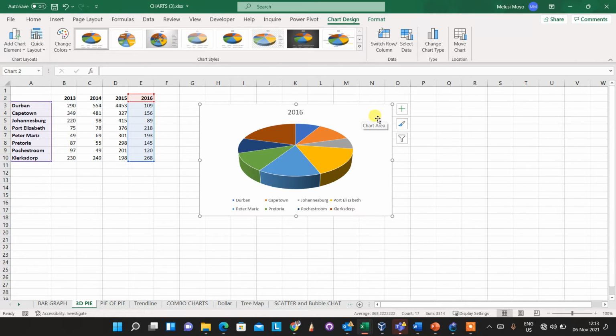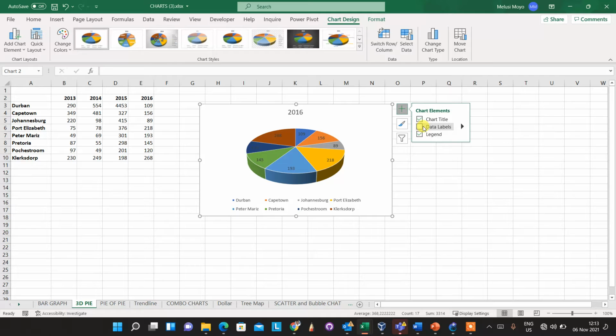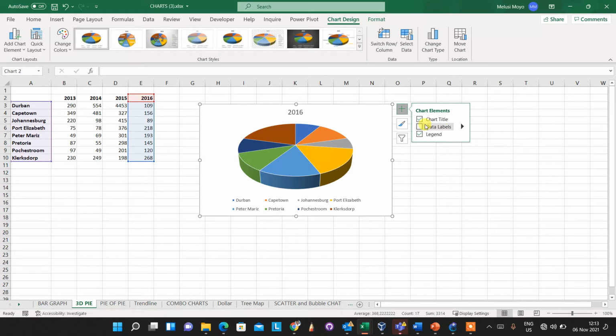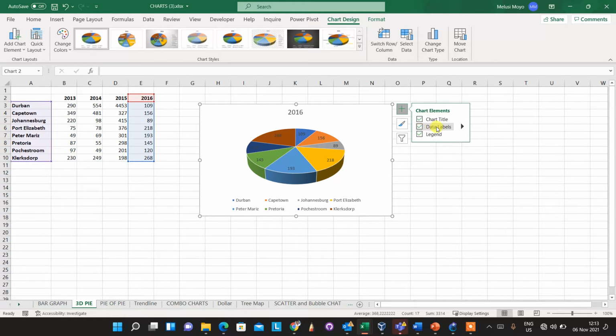So what we want to do now is we have this handle here at the side. Once you click on this, it shows you, for example, you want the data labels. So you want the sales figures to appear within the pie chart. So you can click on data labels, and then if you want more options, for example the position, you want the data labels to be outside the pie chart, not inside the pie chart. Excel gives you those controls so that you can play around with that and then properly position